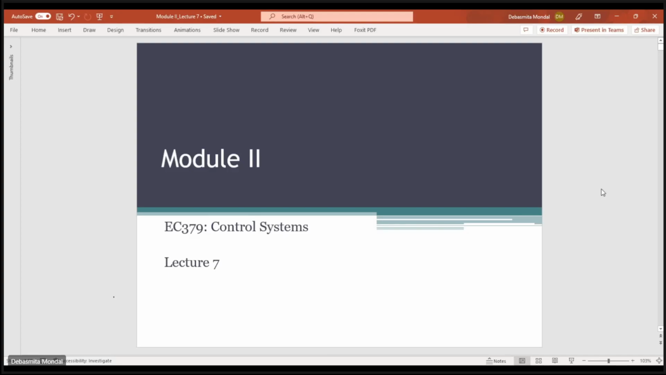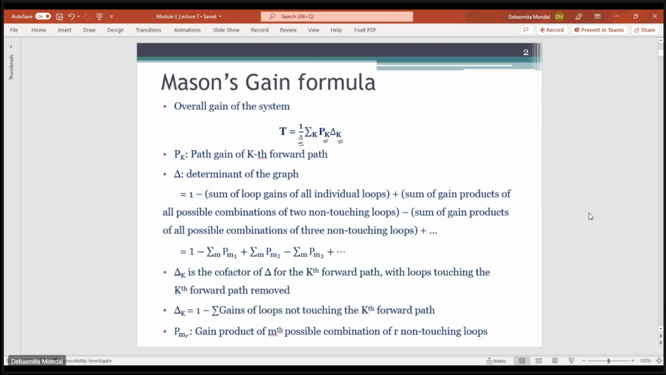We started on the topic of how you can derive the transfer function of a system based on the signal flow graph. Let's do an example. This was the formula for Mason's gain formula. From a signal flow graph, what we need to do is